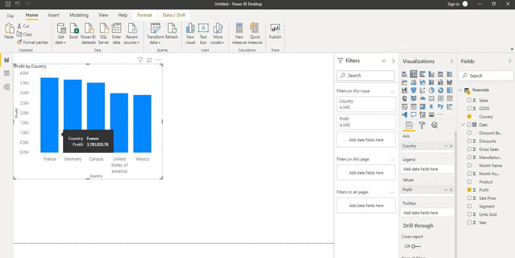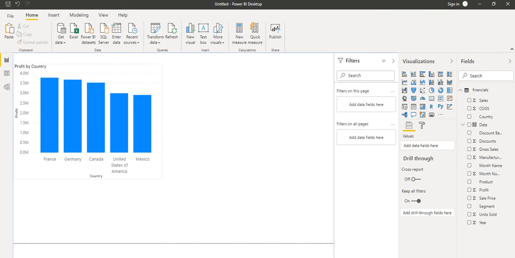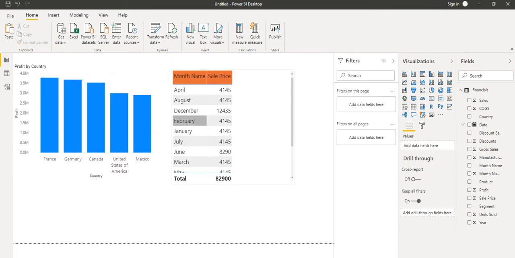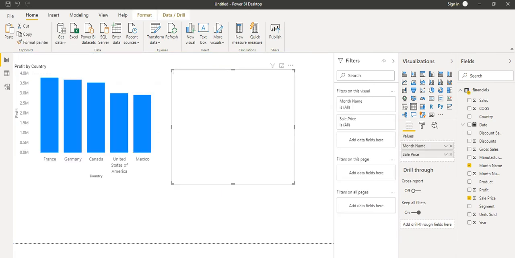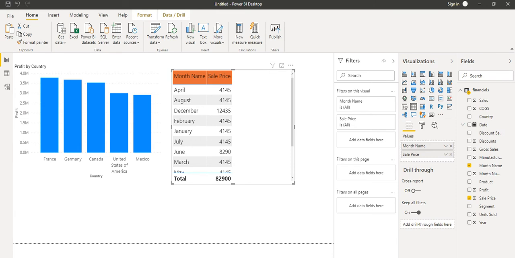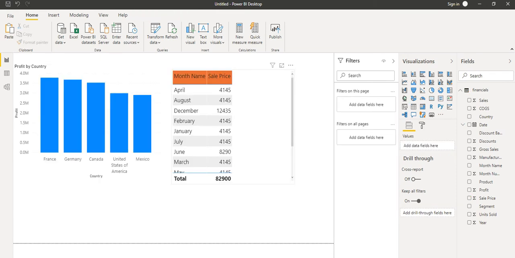Control V, so it will copy and paste here. Control C, Control V, that's it. I will do the same for the other chart also. So on both page 1 and page 2 we are looking at the same visualization.